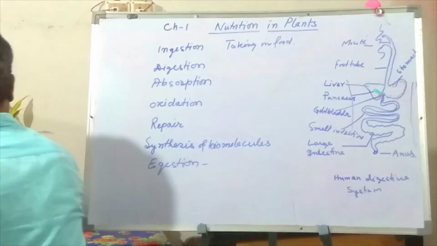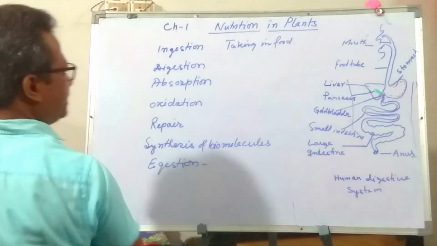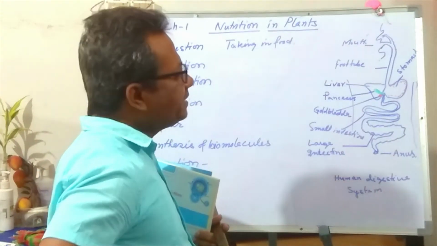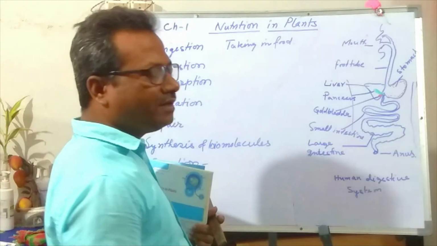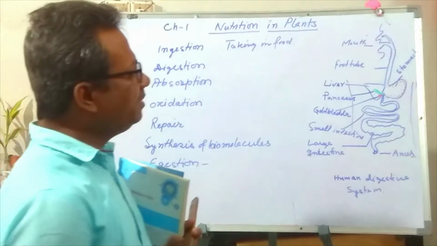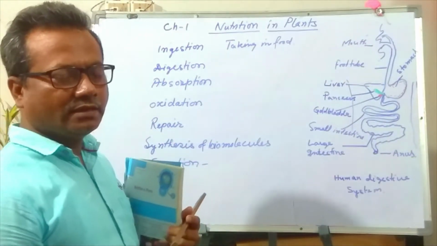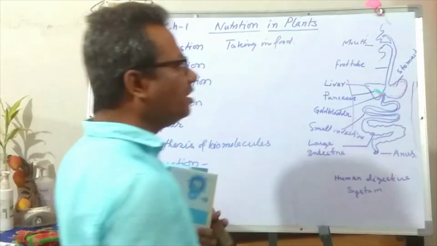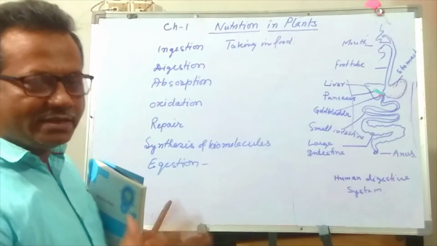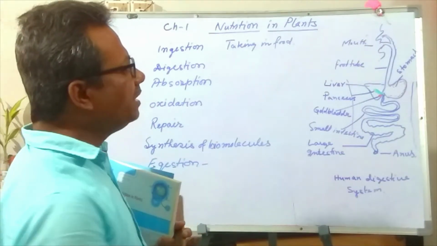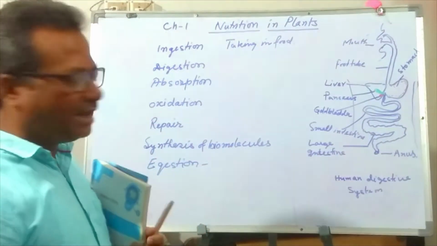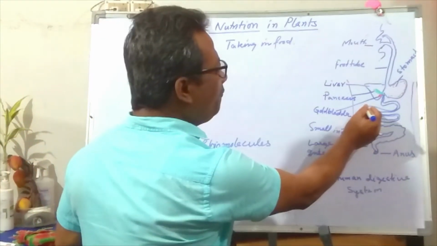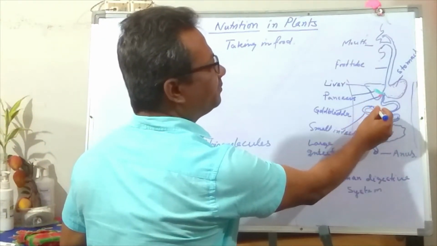Then this is the liver. The liver plays an important role in digestion. The pancreas also secretes some juices. The pancreas secretes pancreatic juice. It makes the semi-digested food alkaline, which was acidic in the stomach, and then breaks down the protein part and sends it to the small intestine. In the small intestine, the food is properly digested, and the wall of the intestine has some villi, finger-like projections